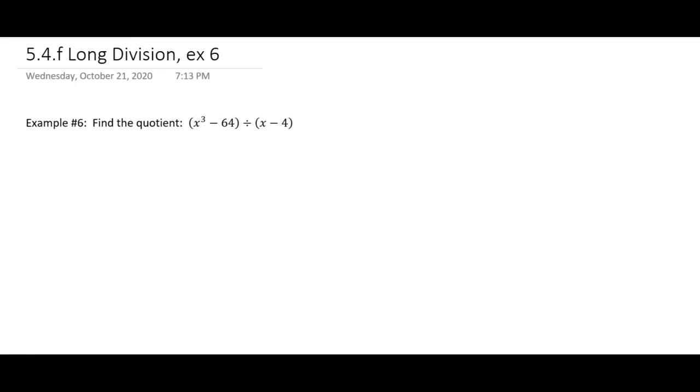So our last example of long division. Here's the dividend, x minus 4. But I said it wrong. The divisor is x minus 4. The dividend,